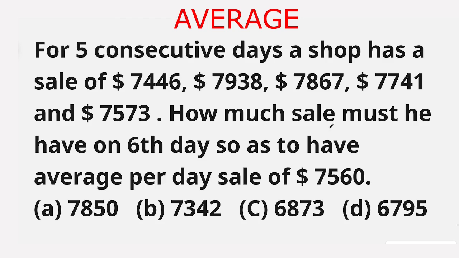How much sale must he have on 6th day so as to have average per day sale of $7,560? The given options are option A 7,850, option B 7,342, option C 6,873, option D